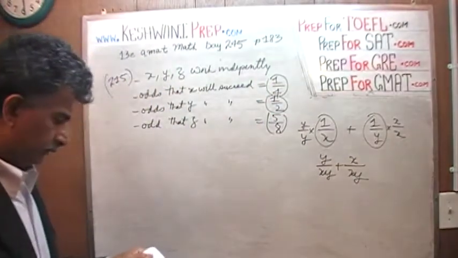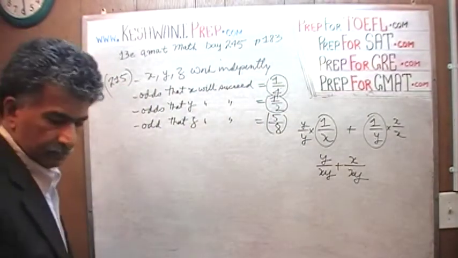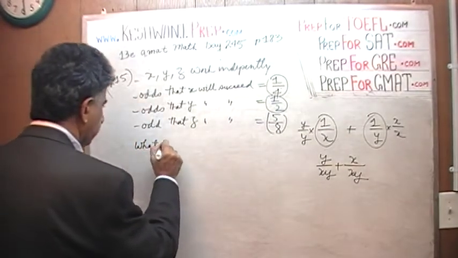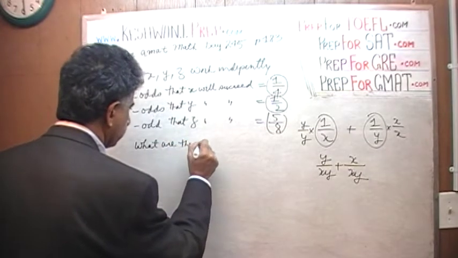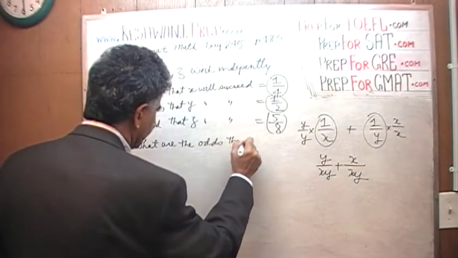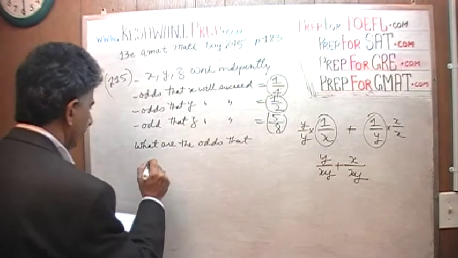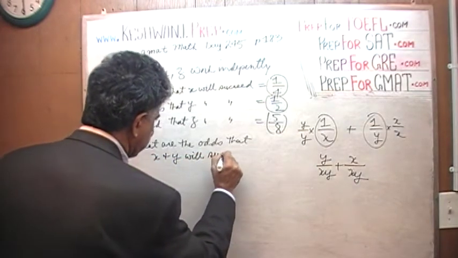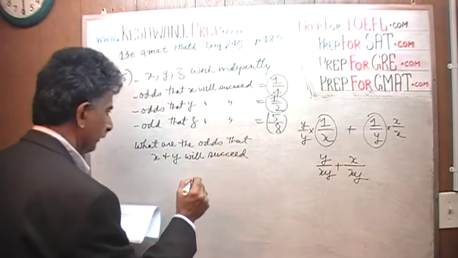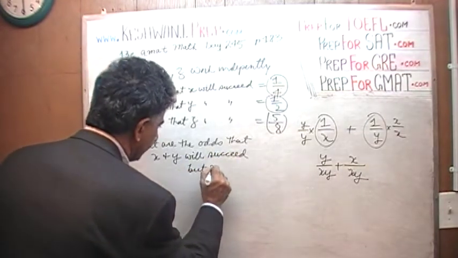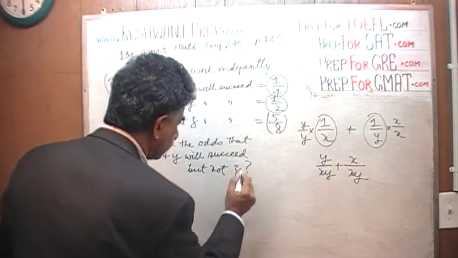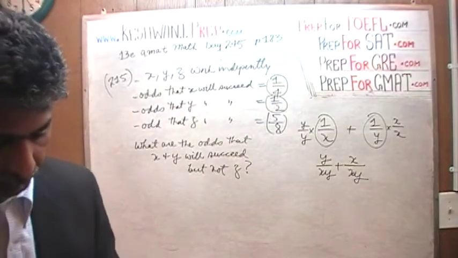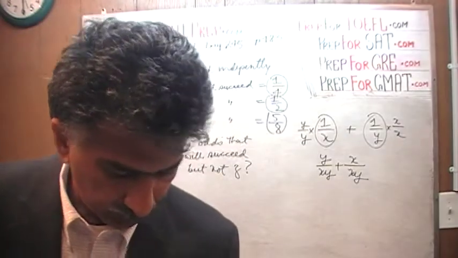The question is, what are the odds that x and y will succeed but not z? In other words, how likely is it that x and y will be successful at solving this problem but not